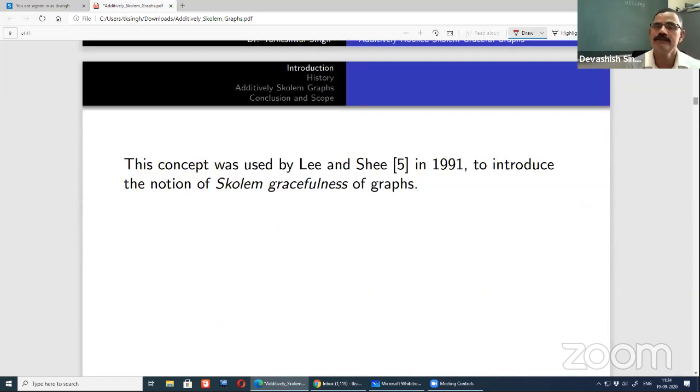Now, the same concept was converted into a graph labeling problem by Sin-Min Lee and others in 1991. So what they have done: if you see copies of K2, say if I take 4 copies of K2 here, and you label the vertices as ai, bi, as 1, 2, 5, 7, 3, 6, and 4, 8, you can see that if you take the differences as edge labels, then you are going to get 1, 2, 3, and 4. So this is the way he defined Skolem graceful graphs in the literature of graph labeling problems.